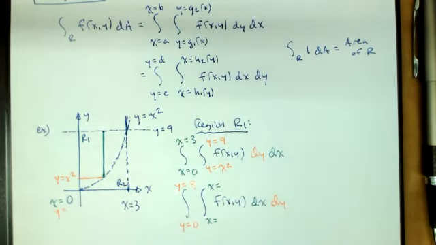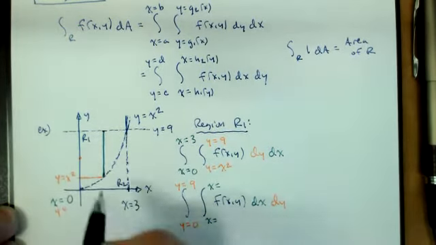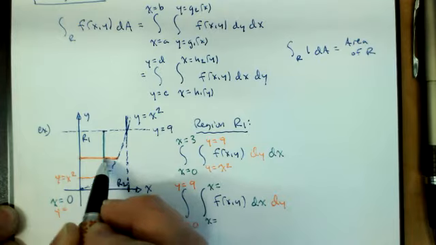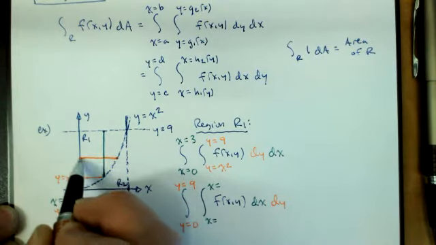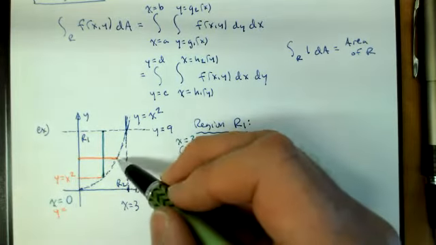Now we just need to pick a typical y value and cover the region. What's on the left and what's on the right. So at a typical y value, it looks like the x's start off at 0 and end at the parabola for region 1. So on the left, we have an x at 0, and on the right,